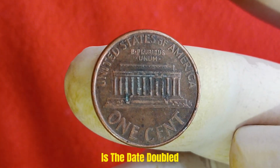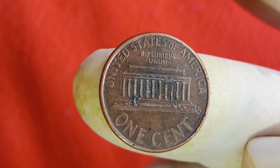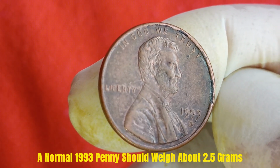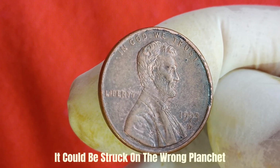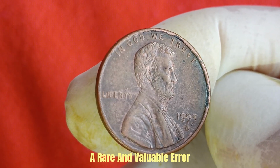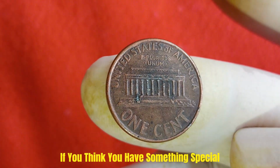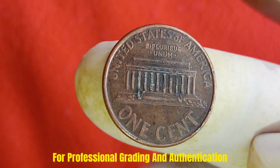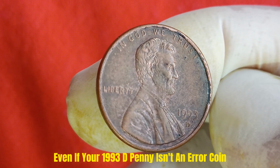Is the date doubled? Are the letters fuzzy? Does the rim look off-center? Weigh the coin. A normal 1993 penny should weigh about 2.5 grams. If yours weighs more or less, it could be struck on the wrong planchet, a rare and valuable error. Get it graded. If you think you have something special, send it to PCGS or NGC for professional grading and authentication. It could turn out to be a six-figure treasure,